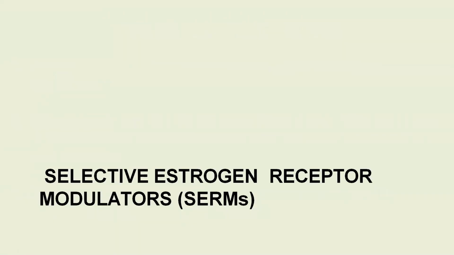The selective estrogen receptor modulators. So these are non-steroidal synthetic derivatives, and they have agonist or antagonist activity on the estrogen receptor. So they have both agonist and antagonist activity on the estrogen receptor. That particular action is tissue selective. On some tissues, they have agonist action. On some other tissues, they have antagonist action. So what are the drugs that come under SERM? We have a number of drugs like clomiphene, tamoxifen, droloxifene, toremifene, raloxifene, or bazedoxifene. So let us go through them one by one.